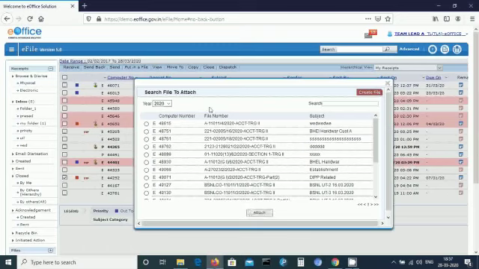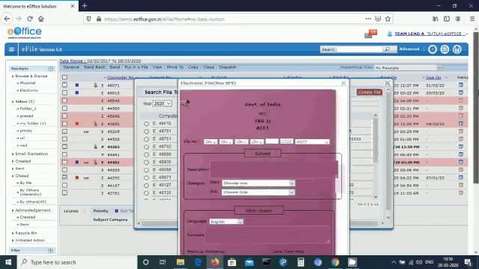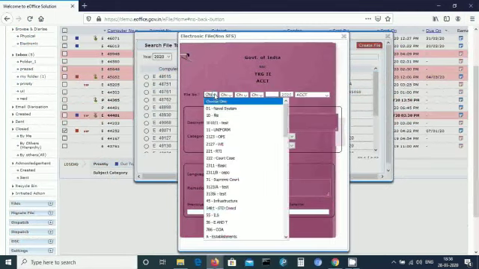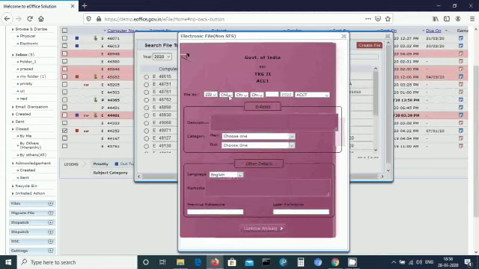If you want the receipt to be put in a new file, then you have to create a new file. After clicking that option, you can see a file will appear just like your hard file containing the basic head. Let me select the court case, the primary head, the secondary head, and if tertiary head is available, you have to select the tertiary head. Now this column will remain blank.